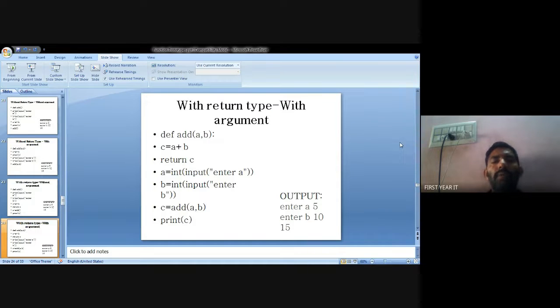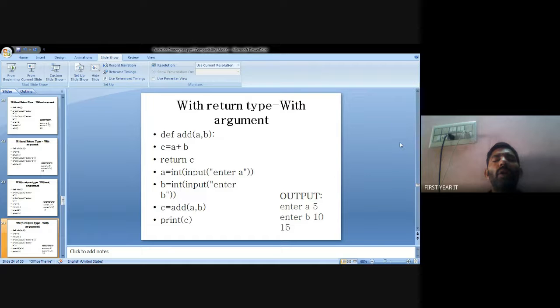Okay. After that, in the calling function, a equal to int input of a, then b equal to int input of b. You are getting the two input values. A is assigned 5, B is assigned 10. Then you call the calculation, c equal to add of a comma b.